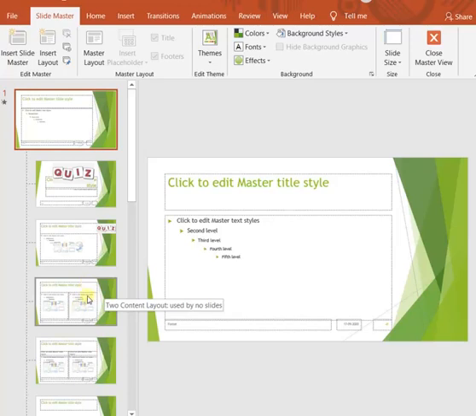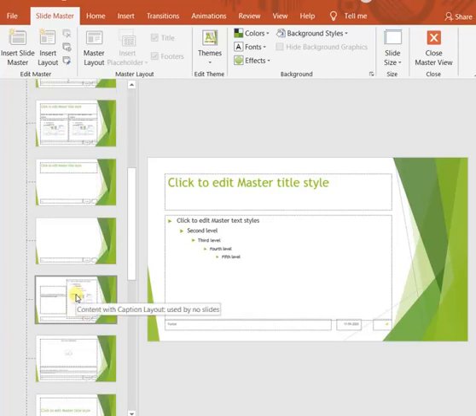If you put your mouse pointer over other layouts, you will see that they are showing 'used by no slides'. That means our actual presentation is not using any of these layouts. Whichever layout you put your cursor on, you will see 'used by no slides'. That means this layout is not being used by any of our slides.